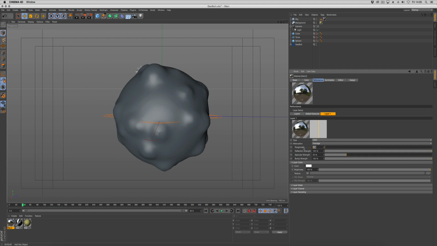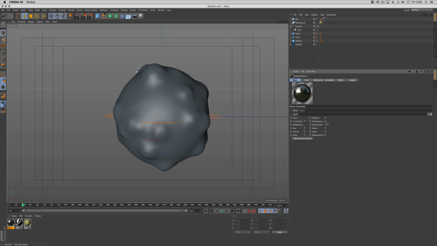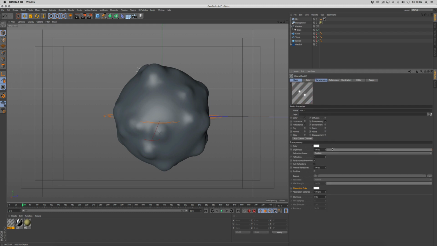roughness of about 15 to 20%. Should be okay. I can leave everything else for now. We might need to tweak it later, but we'll leave it as it is. We'll just go down and change the specular and the reflection strength, so I don't want too much. Like so. Okay, then we're going to go to our transparency channel, and we're going to set the refraction to